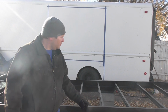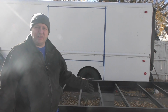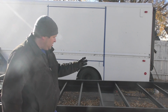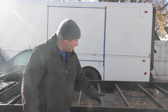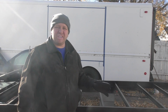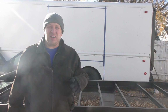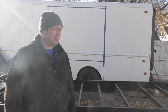Anyways, I got this thing painted up and, well, finished welded, then painted up. But let's just take a quick walk around everything. It's kind of like a rough paint job because I still have more things to add to it as I go along, but I don't need it rusting out in the middle of trying to wait outside to do things. So